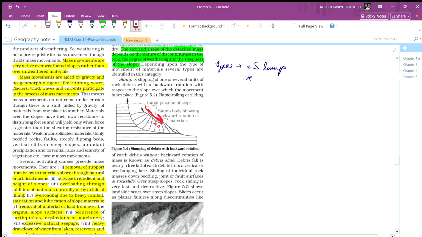It's going down, but due to gravity, it rolls and goes back up. Slump showing a backward rotation of the materials. No, it doesn't go like that. When gravity acts, this is a clean cut. Okay, so it's going down. So the material which is here supposedly